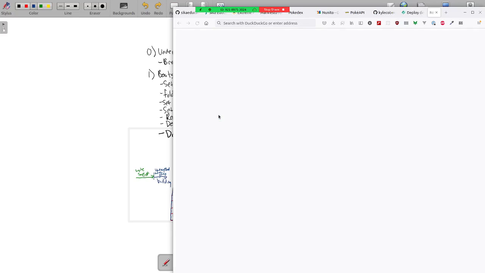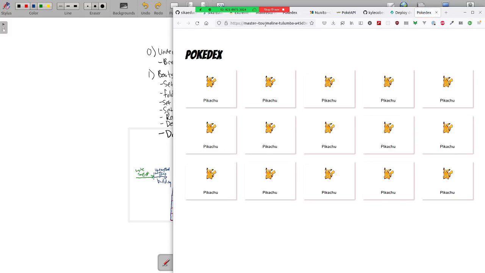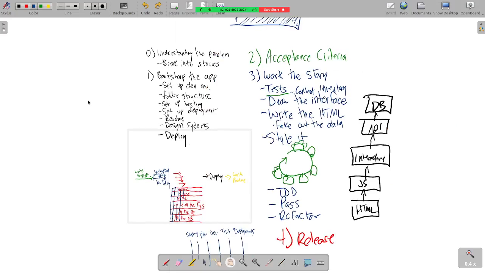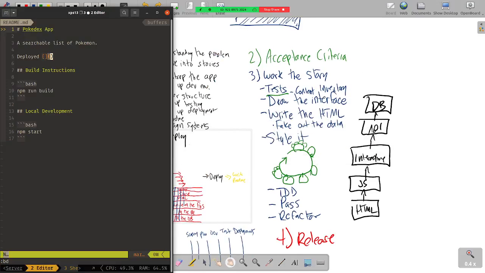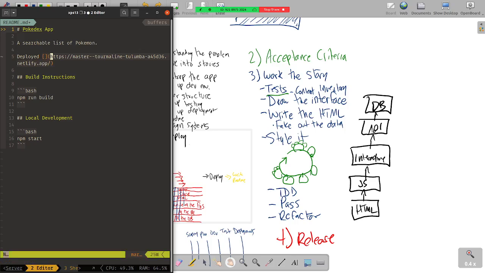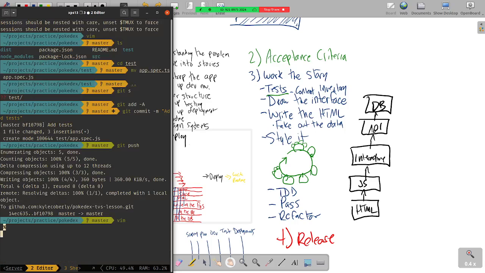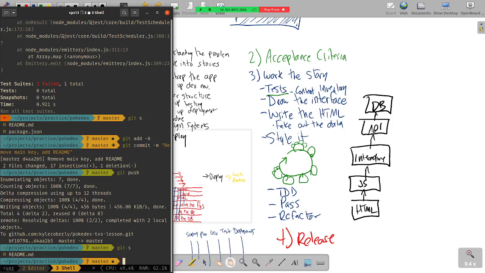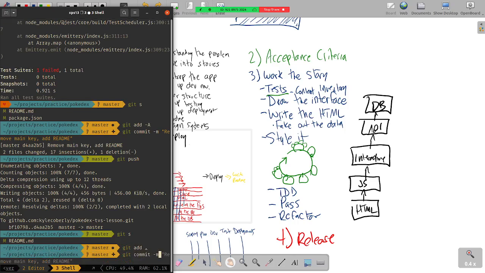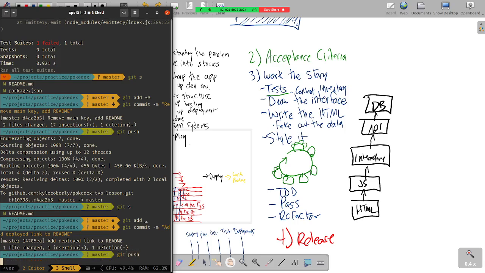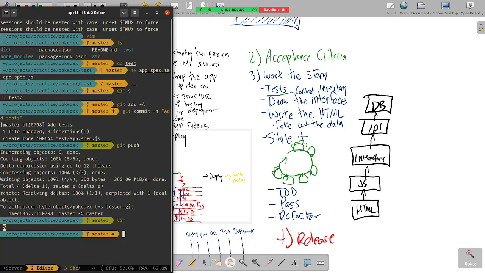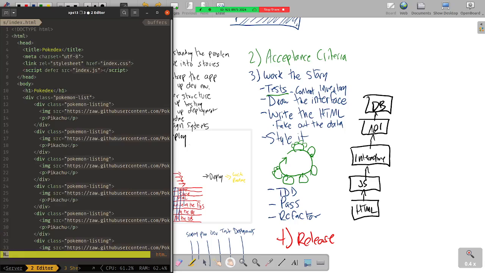Hey, looks like it went. Cool. So now that works. I can grab that URL, put it there. Add deployed link to README. Push that up. Then over here, I'm going to go into this index.html,